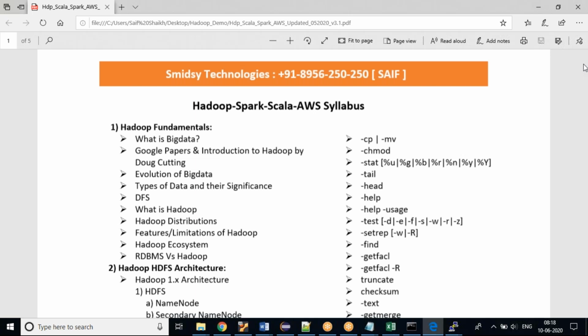It computes in memory, and unless we call the actions, the transformed data is evaluated lazily and kept in RAM. Once you perform the action, only then is your data retrieved from RAM. That's why it is pretty fast compared to Hadoop.